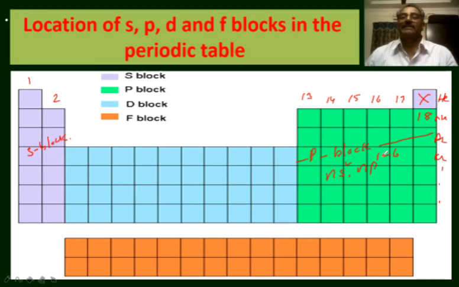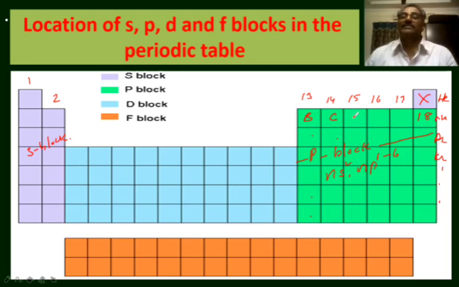In the p block elements, the p orbital of the valence shell is successively filled with one electron. That is, the differentiating electron enters the p orbital of the valence shell. The elements present in the p block are the boron family: boron, aluminum, gallium, indium, and thallium. The elements belonging to the 14th group, the carbon family, are carbon, silicon, germanium, tin, lead, and so on.